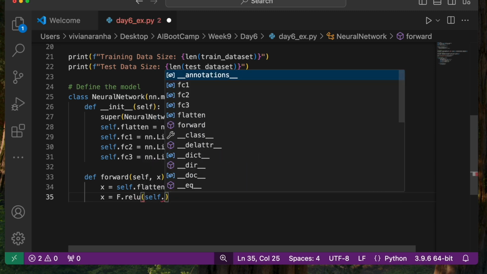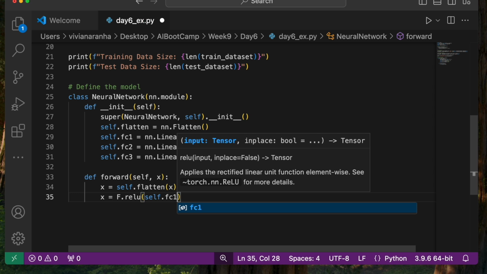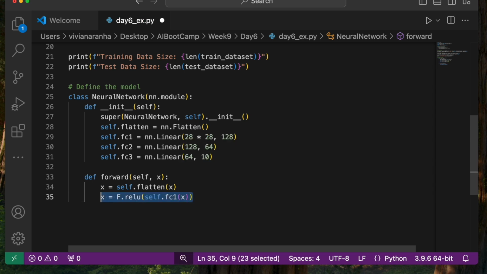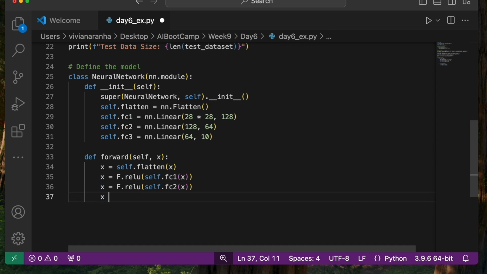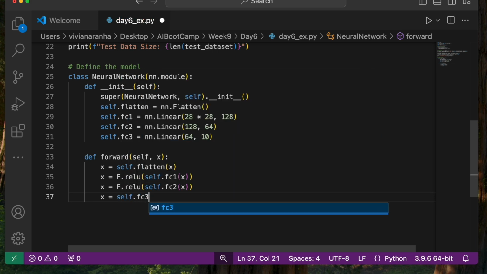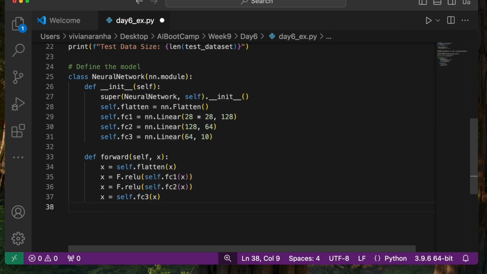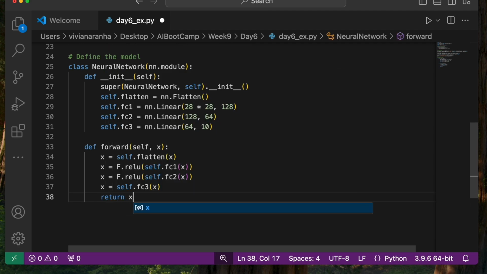So first I'm going to say self.fc1 of x. Next, I'm going to say relu of self.fc2 of x. Then x equal to self.fc3, the output layer, of x, and then return the value of x. This F.relu applies ReLU activation to introduce non-linearity in this particular case.